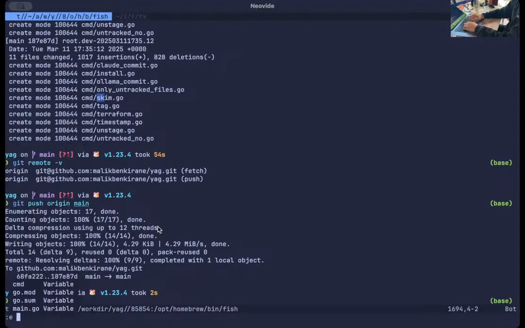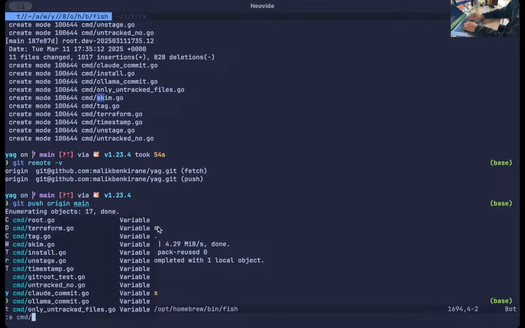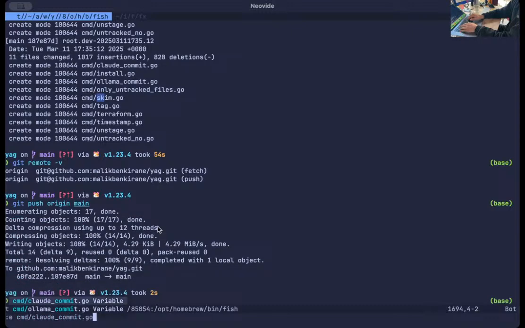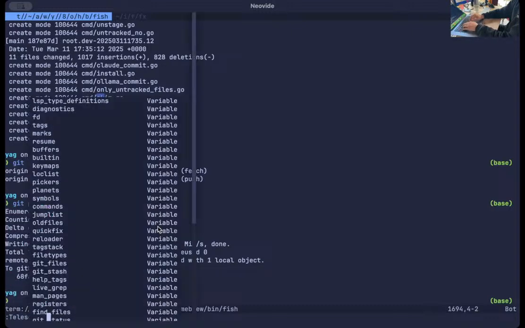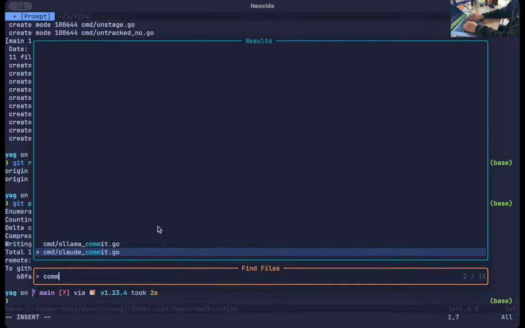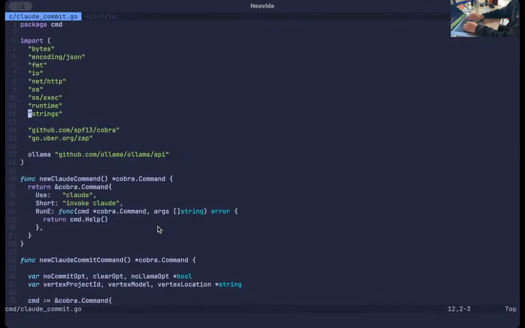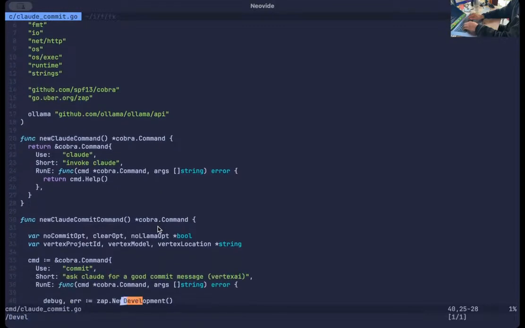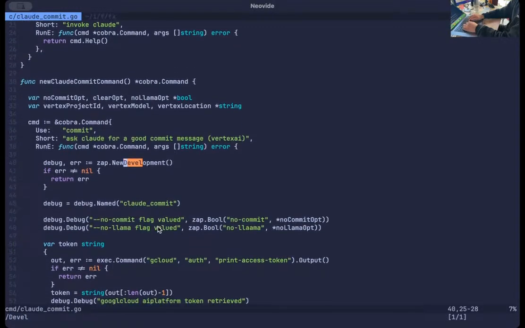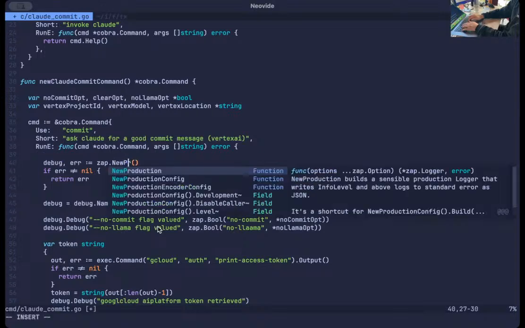Let me edit commit, so cmd commit, or I can do telescope fd commit, and there's cloud commit and all of my commits, but I'm talking about cloud commit this time. And we have development here, and this thing is maybe not suitable anymore, so I will do new production,